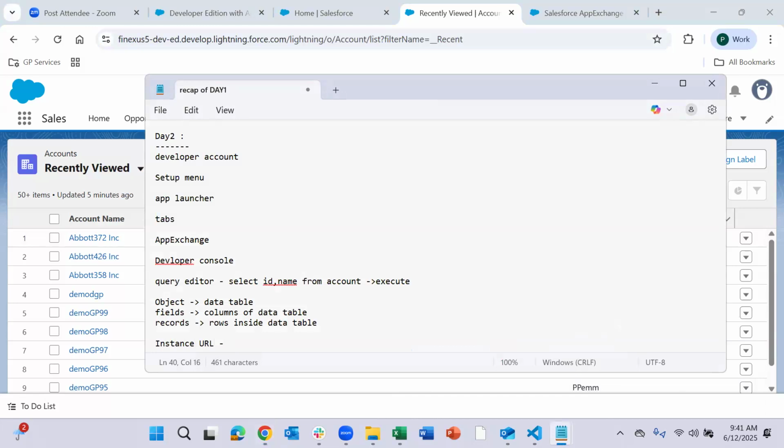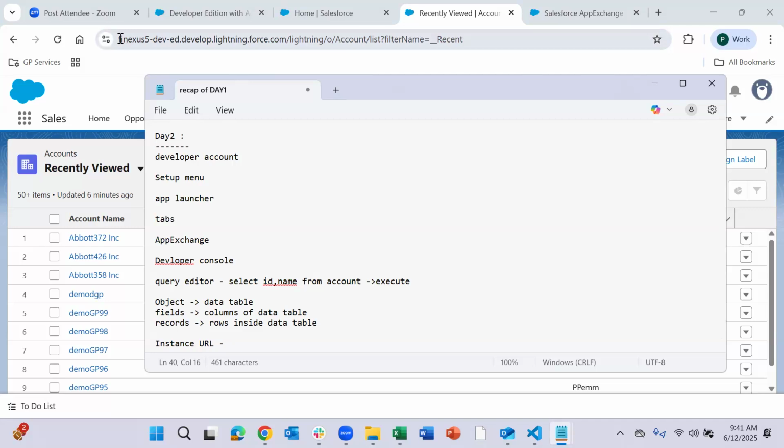Since Salesforce is hosted in a cloud environment, correct? Your server or application is hosted somewhere else, on some other machine altogether. So how do they identify, whenever you log in with your credentials, which particular server to redirect you to, and inside the servers there are different machines. How do they know which exact location to redirect to? That information, this instance URL will give you.